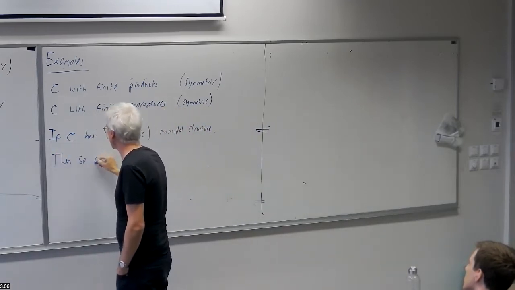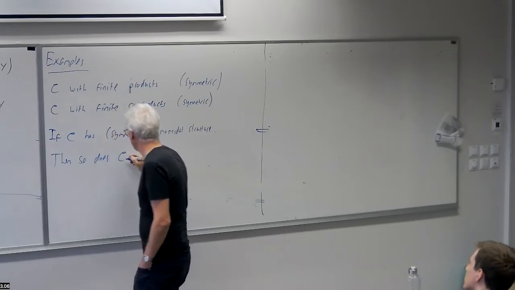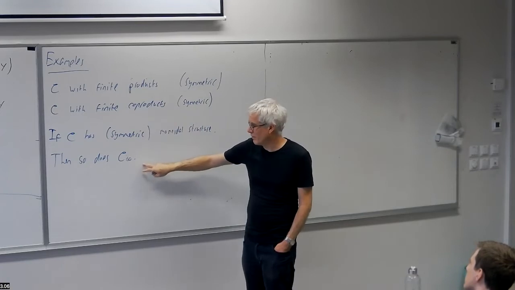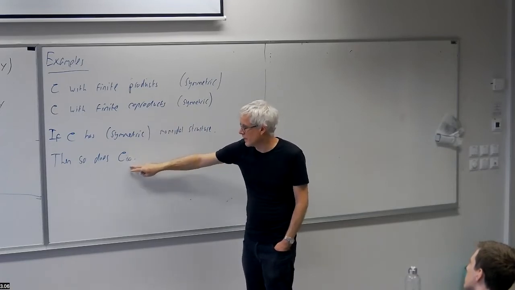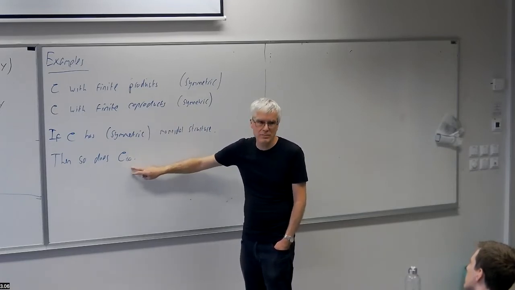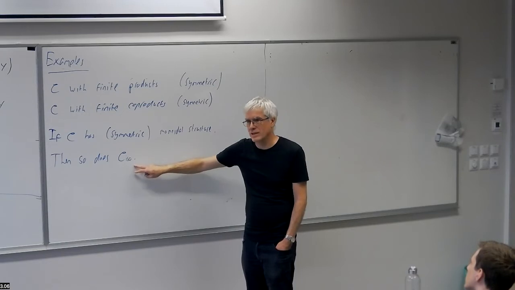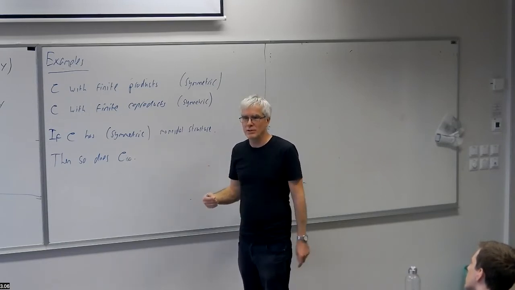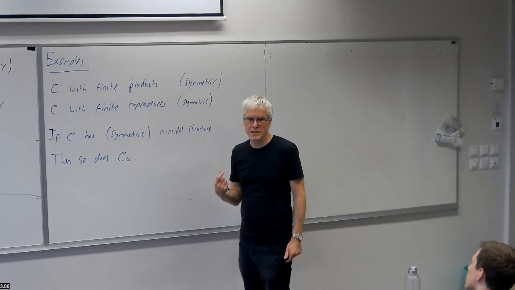Then so does the category I'm going to call C sub iso, which I won't write down what this means. This is the category that has the same objects as C, but whose morphisms are only the isomorphisms in C. So like finite sets sub iso would be the category whose objects are finite sets and whose morphisms are bijections